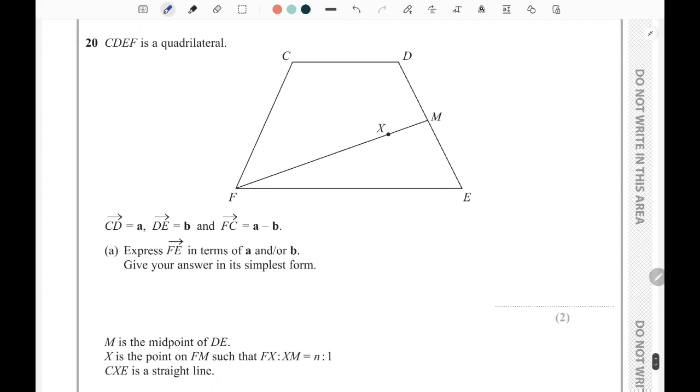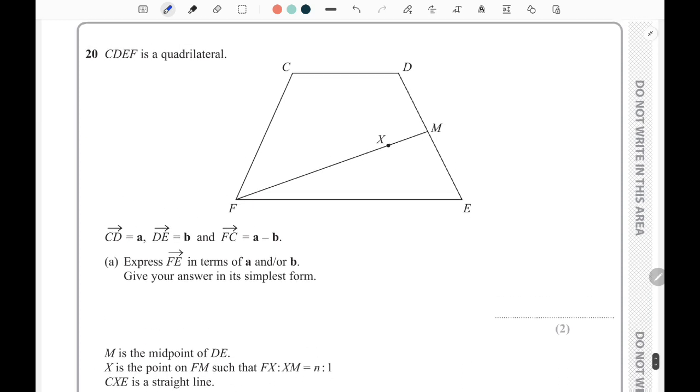And the final question, all right, finally got there. Okay, what it's telling you is that you've got these sort of vectors around the thing. So CD is A, all right, got that? Excuse me, DE, right, the whole of that is B. So all of that, okay? F to C is A minus B, all right? And so what they want from here is express F to E, that one, in terms of A and or B,